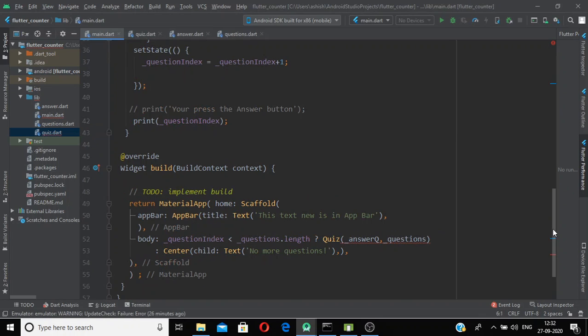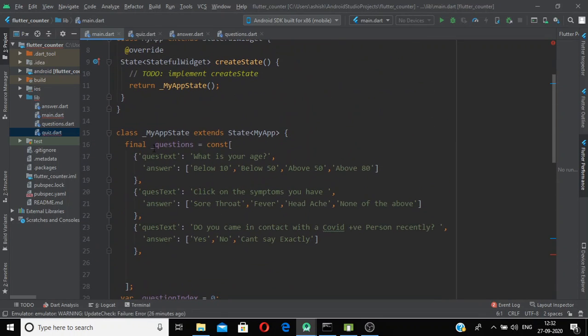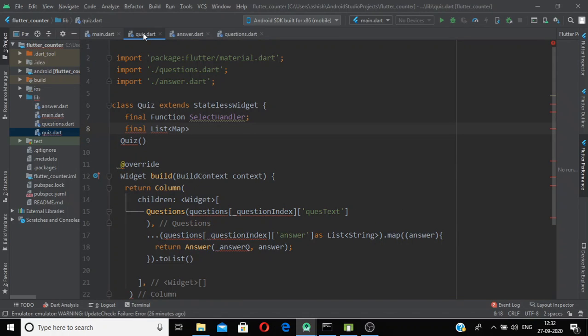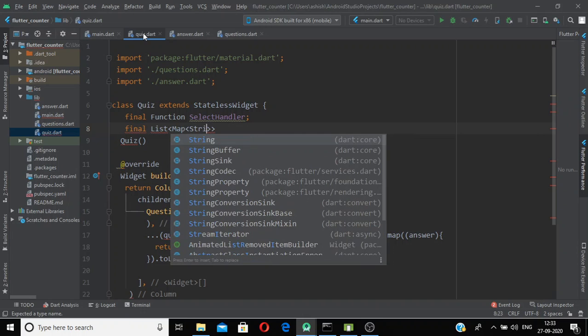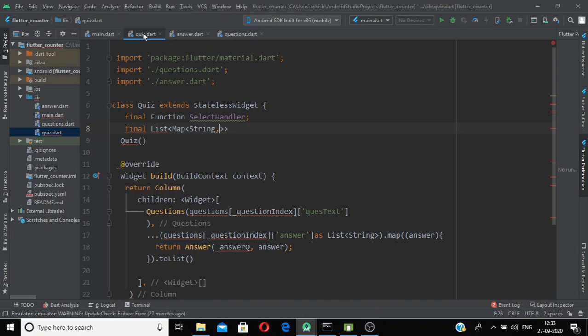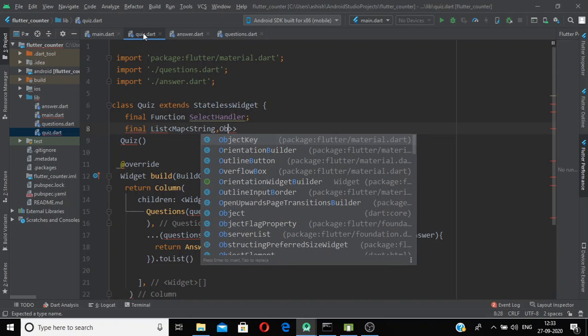And if we see here, question is a list of maps, and inside maps we have a list of strings and object, because this list is a list of string. Flutter has the generic type for this kind of situation, an object, and Flutter takes it as an object. So inside map we have our string, and then we have our object.